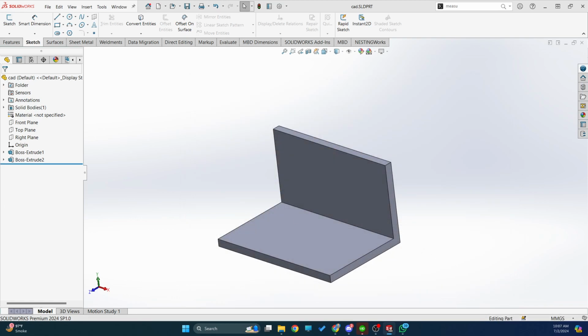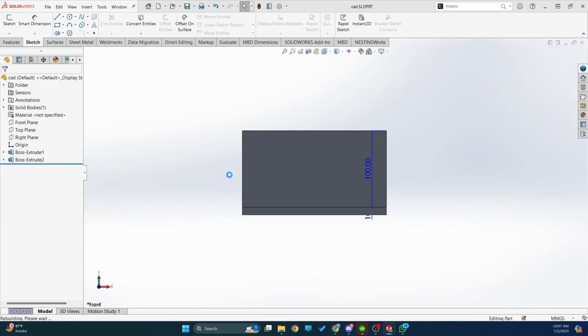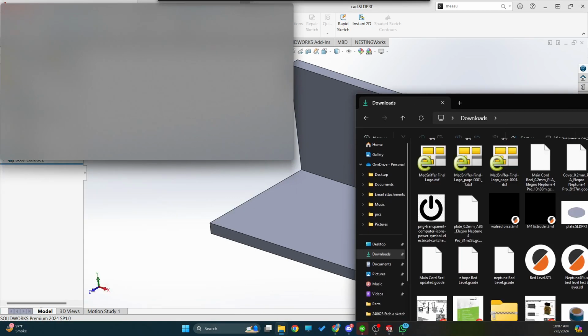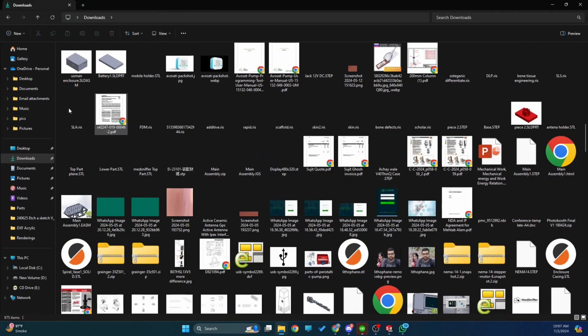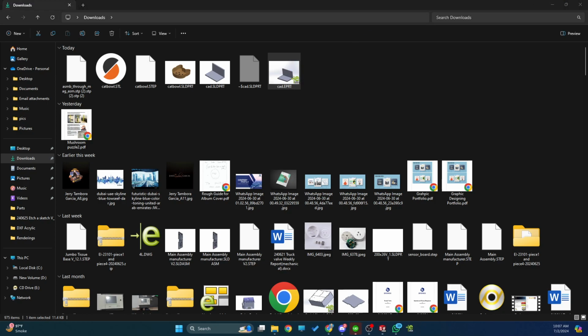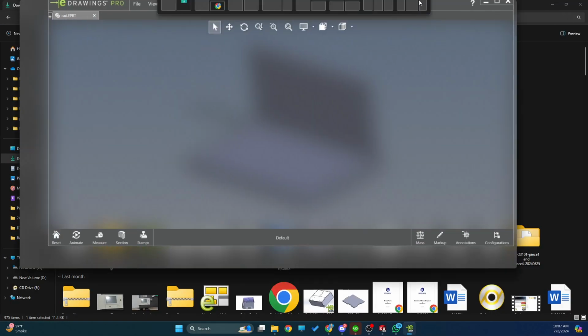So once it is saved, so I just save it. ePart, it's saved. So I'll open that file. Okay, and I'll open ePart, right? So you can see that ePart is open,